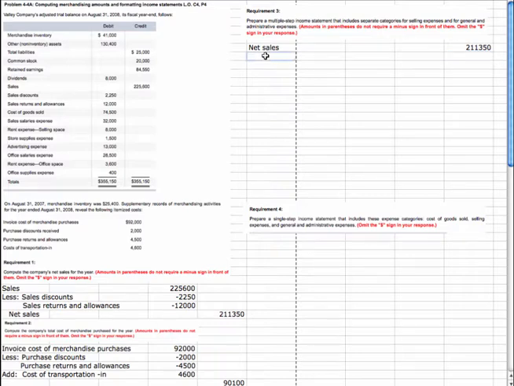Minus your cost of goods sold, and we calculated that out to be $74,500. That'll give us our gross profit,